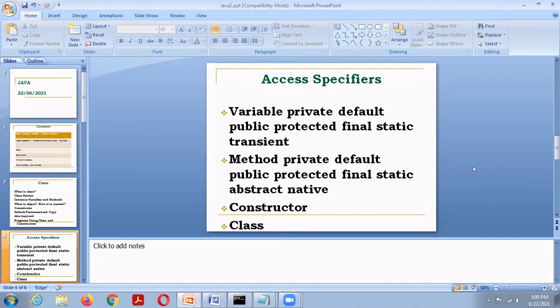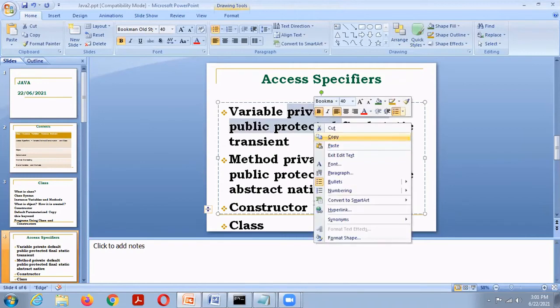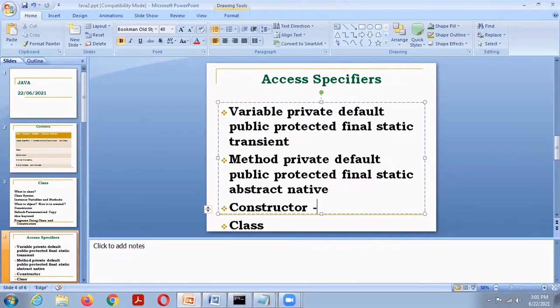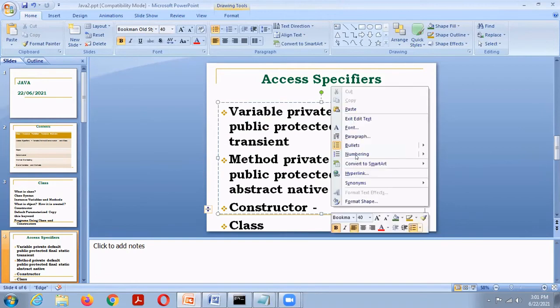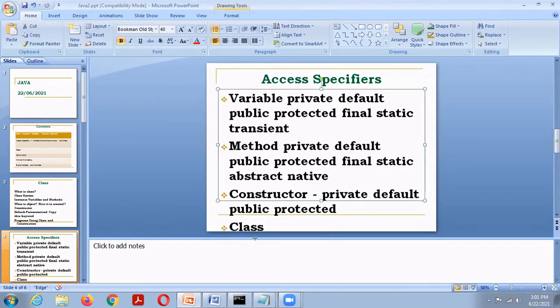Constructor modifier. There are only four constructor modifiers: private, default, public, protected. A private constructor can be invoked within the class.